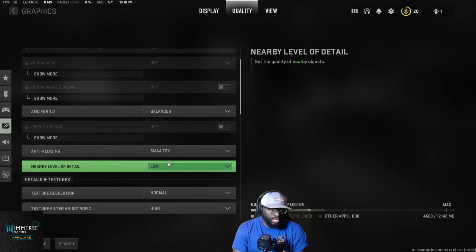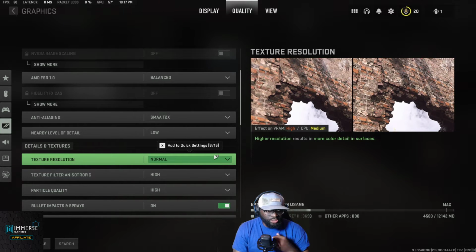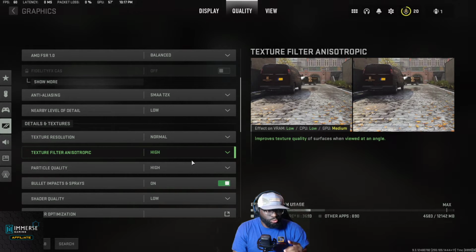Anti-aliasing SMAA T2X. Nearby level detail low. Texture resolution normal. When I go to PC settings, I like to go straight to the facts. People take their time displaying it, but a lot of people don't want that. People want to look at it and go. So what we're gonna do is texture resolution normal, texture filter anisotropic high,